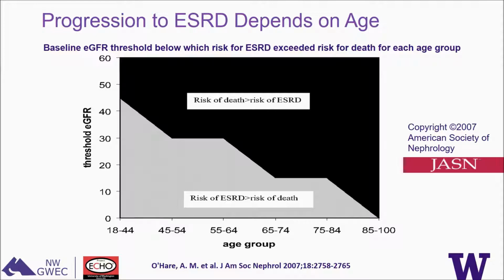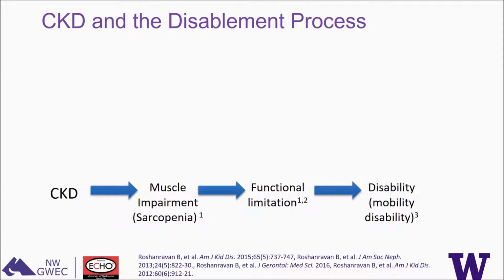What is the risk of really progressing to dialysis? Dialysis is not a very common event, and even in randomized controlled trials, the progression to dialysis is rather limited in number in terms of outcomes. When you look at the age of the patient, that can determine whether they're more likely to die of cardiovascular disease than they are to progress toward dialysis, such that